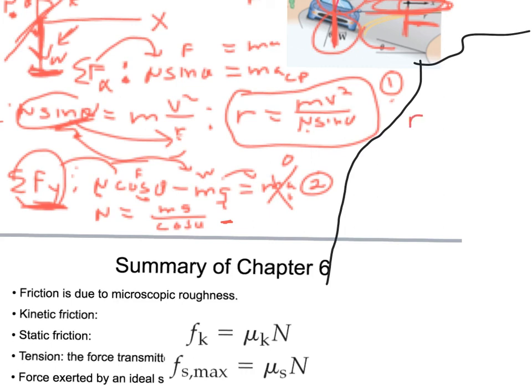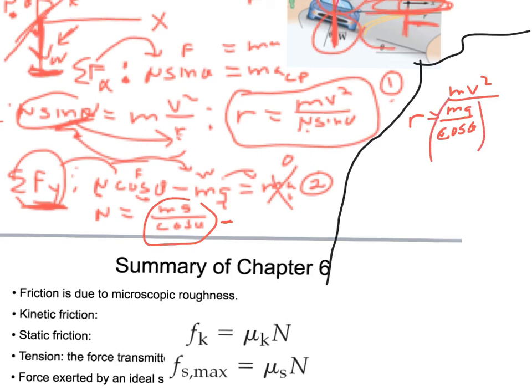So r equals mv squared divided by n, and n is this equation right here. So we get mg divided by cosine of theta,